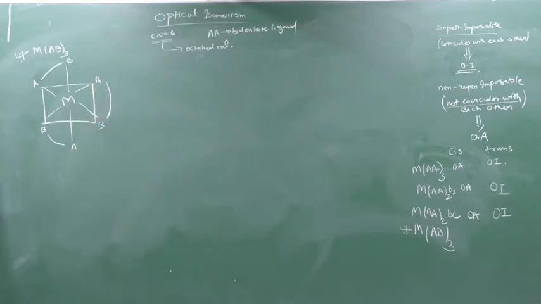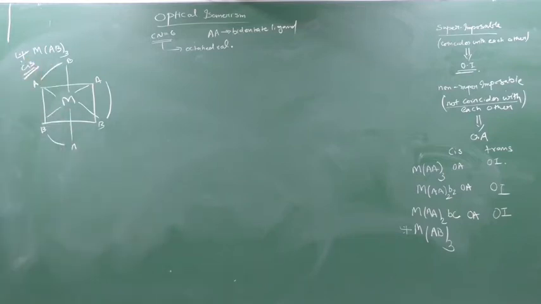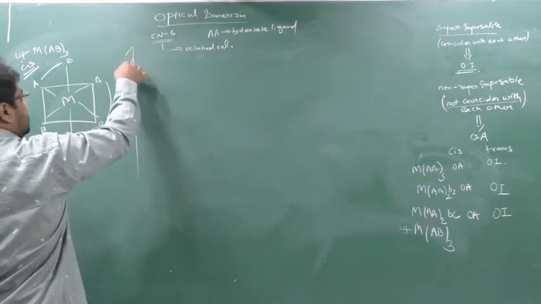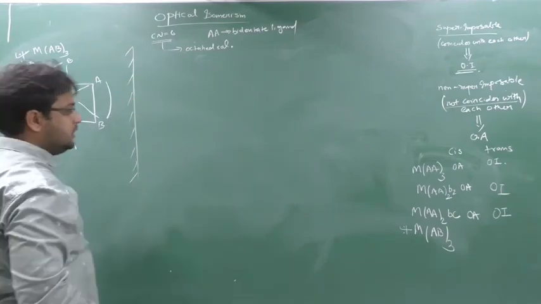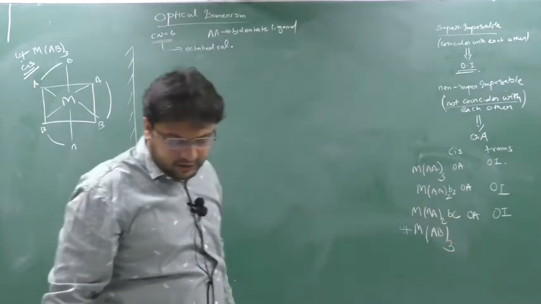See, all are at 90. All are at 90. Okay. And they are also at 180. I will show the bonding, not an issue. This is the C's position. When I do this, the mirror image. So here you are seeing, C is optically active. We will see whether it is optically active or not.